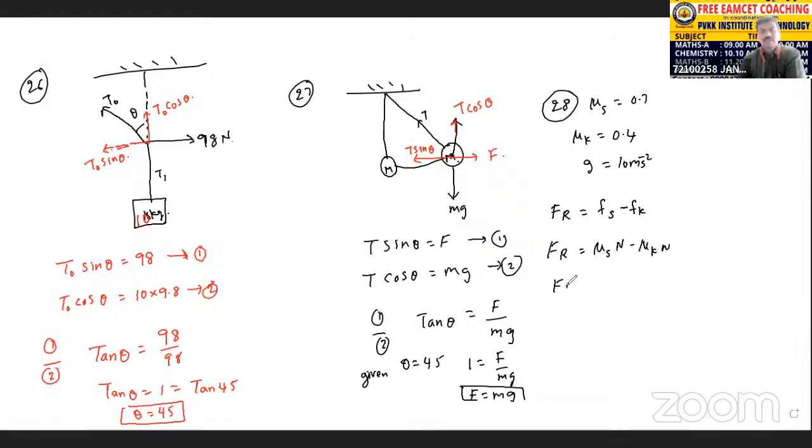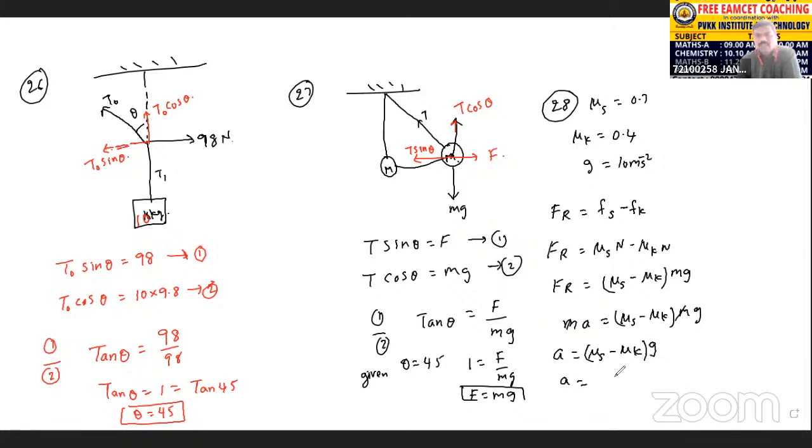So Fr is equal to mu s minus mu k into N. I told the formula earlier. Okay, N represents mg. So this is the resultant: ma is equal to mu s minus mu k into mg. On both sides, m cancels. Acceleration a is equal to mu s minus mu k into g. Substitute the